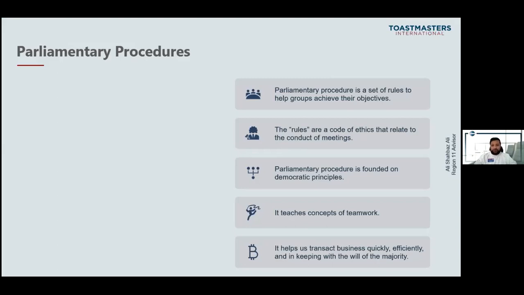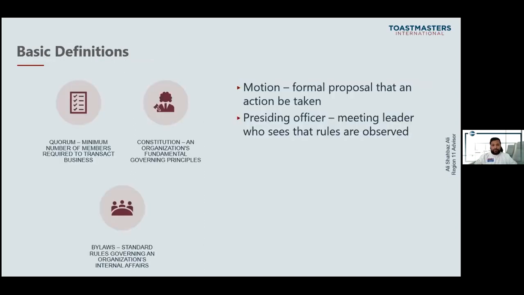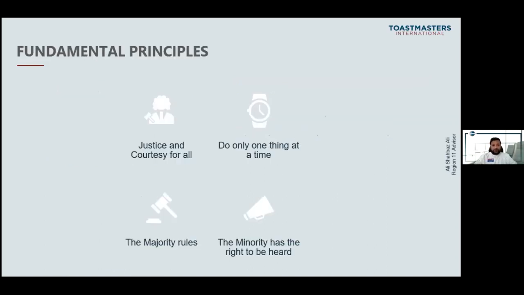We discussed in the previous two sessions why we need parliamentary procedures, what parliamentary procedures are, and the basic principles they work on: the majority takes it, and the minority has the chance to be heard. Why do we follow Robert's Rules of Order? Who was the man behind the creation of Robert's Rules of Order? Different kinds of terms used in parliamentary procedures: quorum, constitution, bylaws, motion, who is a presiding officer,